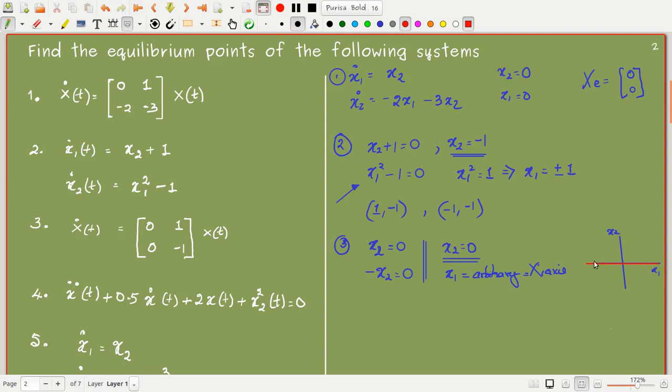That means I have an infinite number of equilibrium points for the system. If you look back at this equation, we can see that the determinant of A equals 0 for the system. Determinant of A equal to 0 means I can have a continuum of equilibrium points here. The difference between these 2 cases is that here we cannot separate the equilibrium points. It's a whole set. Here we have multiple isolated equilibrium points.